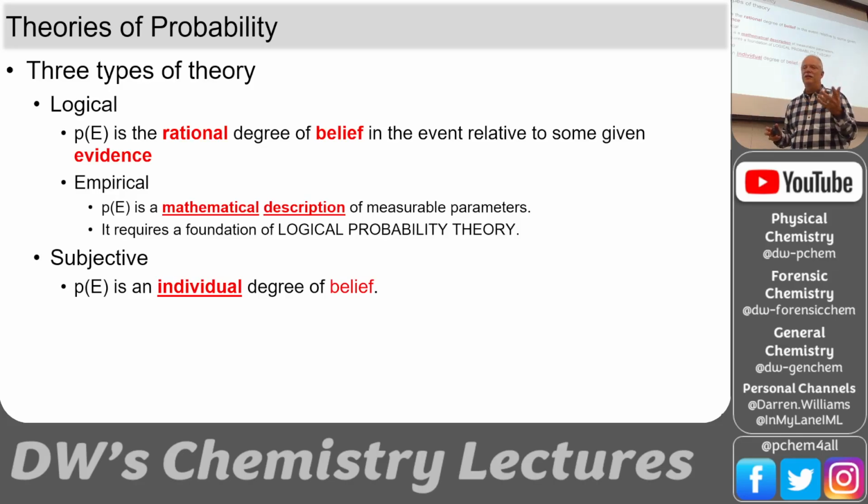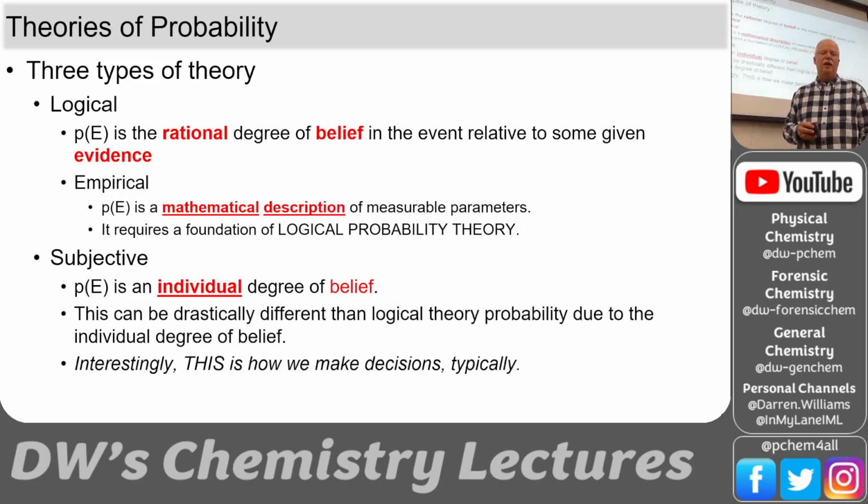And so then we get into this subjective. And what does it mean by subject? Well, we are the individual, we're the subject. So it's what we call mind dependent. So my mind will make a different rational or different degree of belief as to whether that's a good bet or not. Okay. Now this is also how we make decisions typically. So we'll take the logical part, but then we'll apply our individual biases and so on to whether an empirical probability is good enough or not.